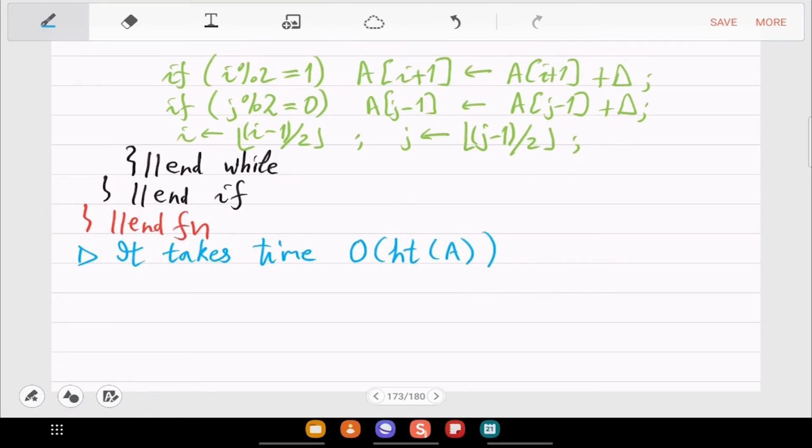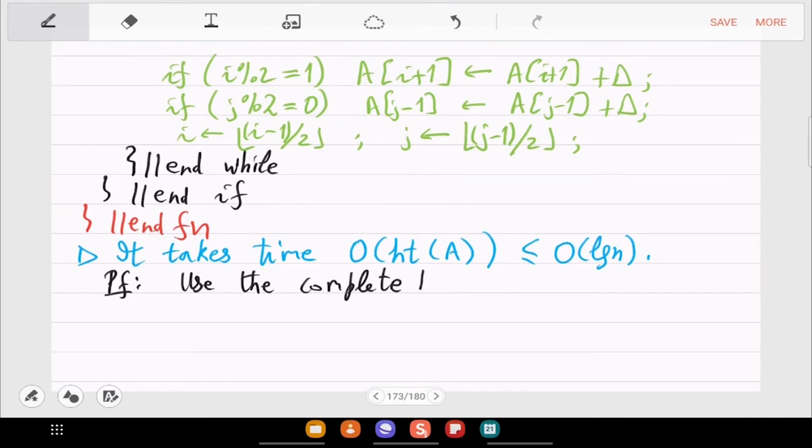So A is the array, but if you see it as a tree, then it's the height that determines how many iterations there are. Because every time you are making progress and going above, right? So this is less than or equal to log n. For this you need to work out the complete binary tree formula.